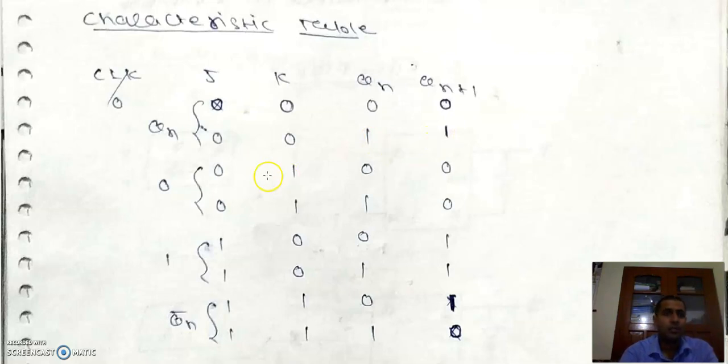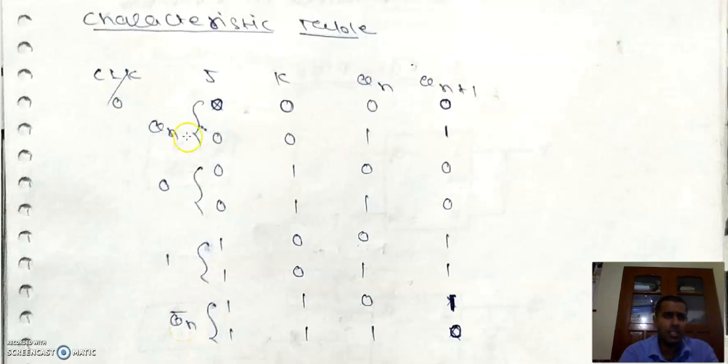Now in the case of 0 1, we get the reset, that means whether Qn is 0 or 1, we will get 0. In the case of 1 0, whether Qn is 0 or 1, we will get the set condition, that is 1. But in the case of 1 1, if Qn is 0, we get Qn plus 1 equal to 1, called the toggle state, and if Qn is equal to 1, then we get Qn plus 1 equal to 0, that means toggle the previous state. Okay, no problem. Here it is just mentioned that we get Qn, here we get 0, here we get 1, just representing.